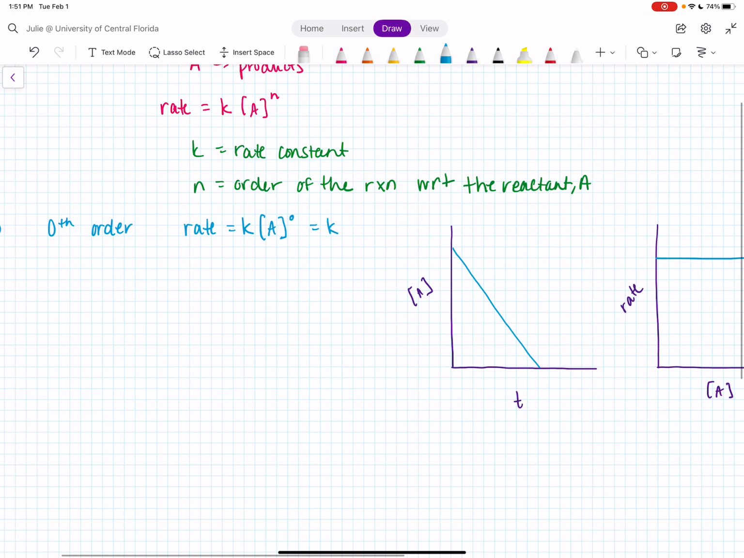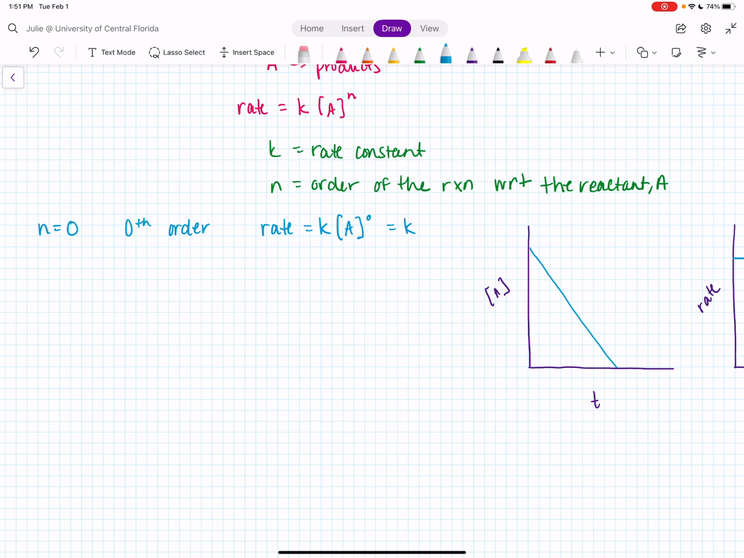Okay, what if the order is 1? Let me do n equal to 1. We call this a first order reaction, and specifically it'd be first order with respect to A. In this case, the rate law would be rate is equal to k times A raised to the power of 1, right? And we're lazy, so we leave off the 1. That would be our rate law. Well, that means that there's a linear relationship, a direct relationship between the concentration of A and the rate